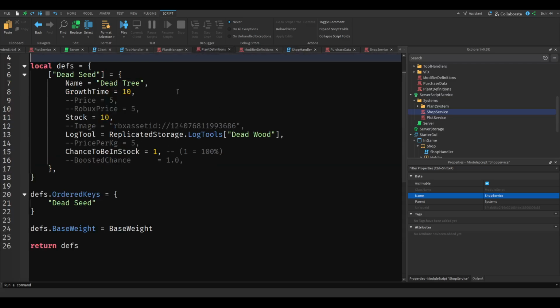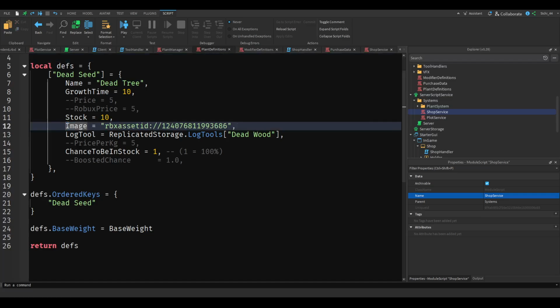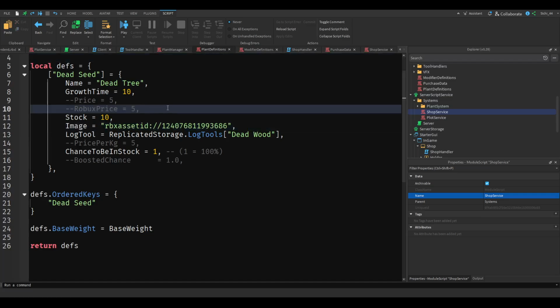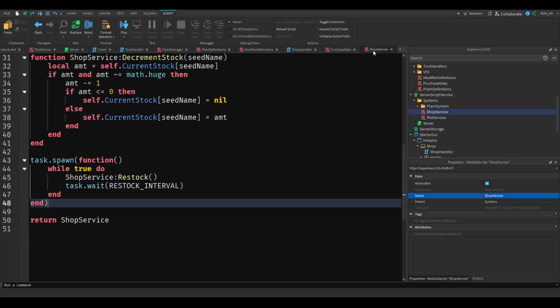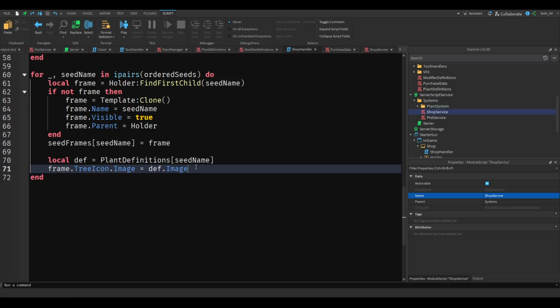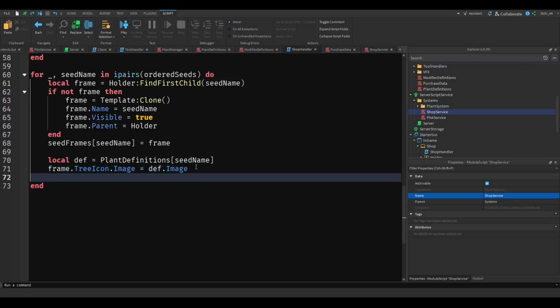So yeah, you want to make sure that your trees now have an image. You don't have to put one, but it just looks cooler, if you of course choose to have it with an image. And yeah, then the frame